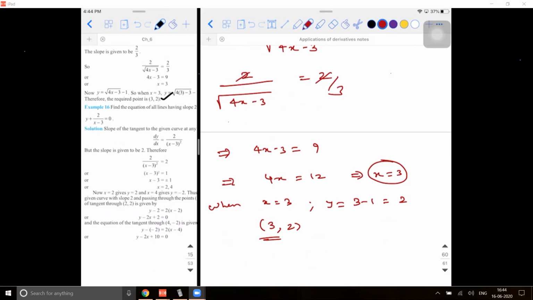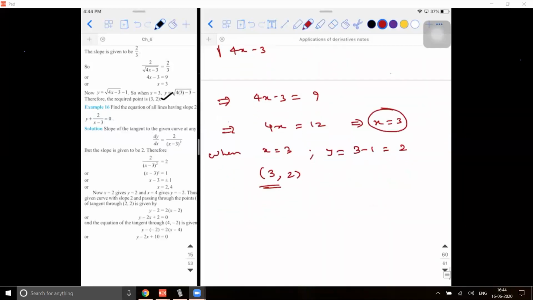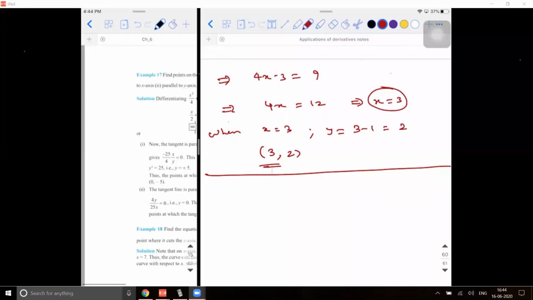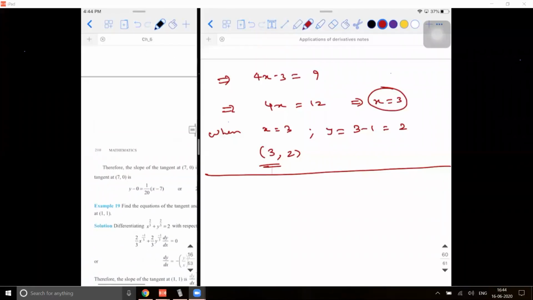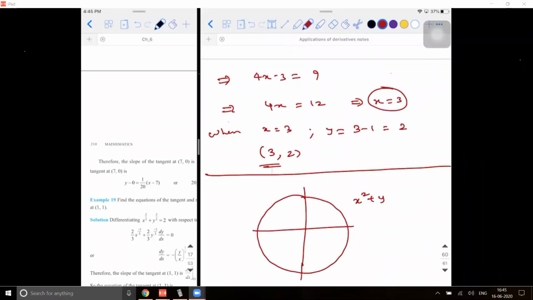So I hope it is clear. Yes, sir. Right. See, there will be a few problems where you will have trigonometric ratios being given. That is, they will give you the parametric form of it. Like for a circle, you have x square plus y square is equal to a square. Do you know what the parametric form is? I'm not talking about the parametric form of differentiation. Do you know what the parametric form of a curve is? Can anybody tell me? If I give you a circle whose equation is x square plus y square is equal to a square, and I ask you the parametric coordinate of any point on this circle, what will be the answer?